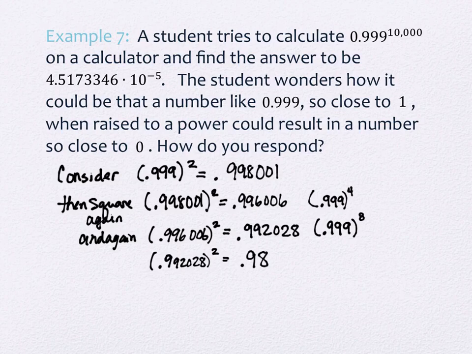And all of a sudden we lost a penny. 0.984119. And if you were my daughter, you'd be very sad to lose that penny. What power are we really at when we've done this 4 times? 16. And if you aren't sure how Lauren's or how Addie's getting that, what's happening is we're multiplying by 2